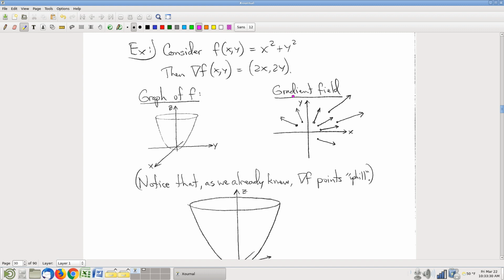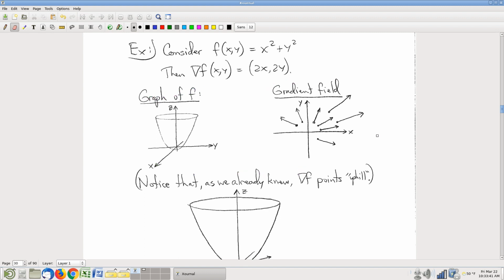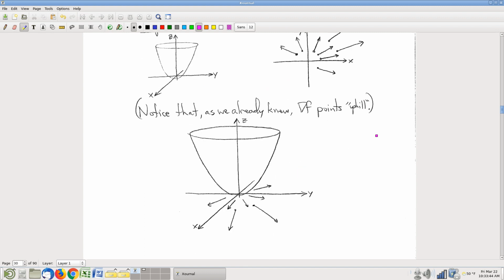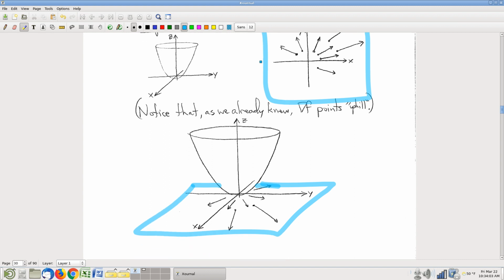All right. Okay, so how does this dovetail with what we saw back in chapter 13? Well, let's put these pictures together. Here's that graph. Keep in mind that when you draw the graph down here, that's the domain, and if inside of that domain you draw the gradient field, like that, notice we